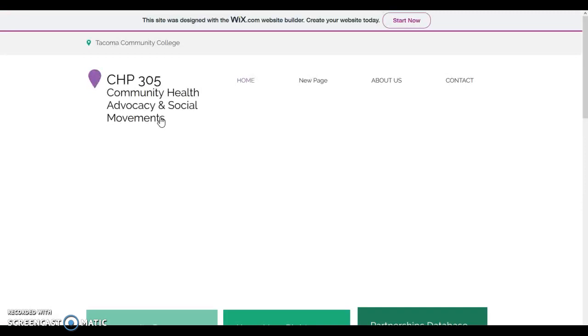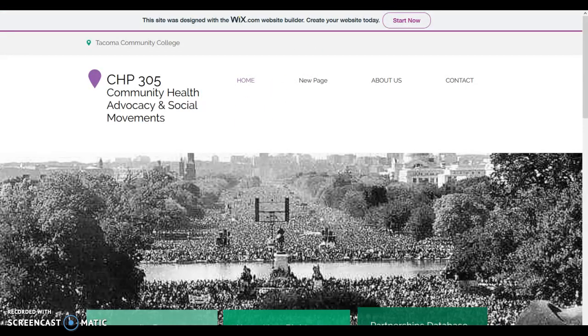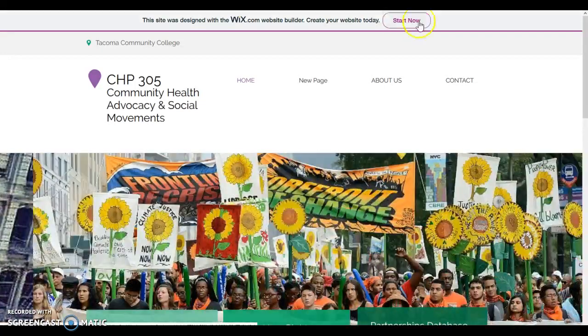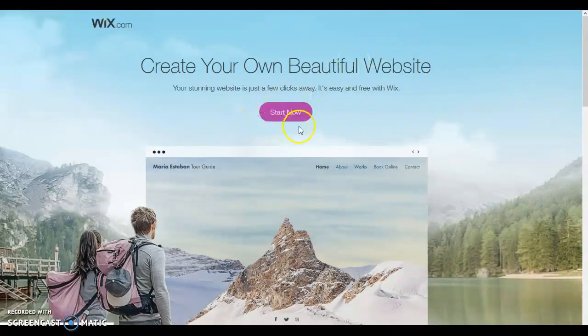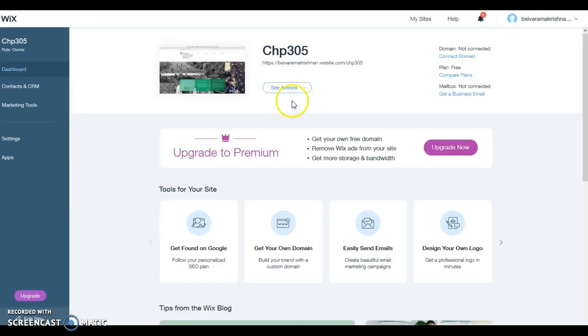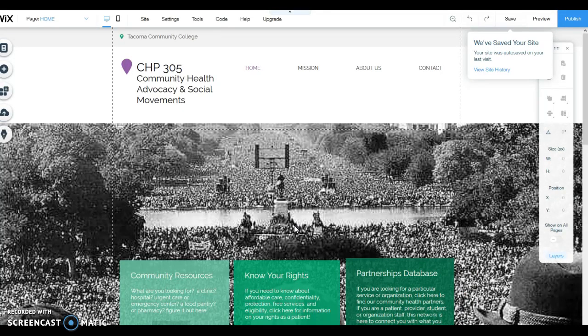So let's start with our websites. So we click the link, we're back to our original website. So we'll go to Start Now. And now we'll reach this page, Create Your Own Beautiful Website. Start Now. So when you get here, we'll go to Site Actions, Edit the Site. You'll see this small kind of graphic come and move around until your website page loads. Now you're at the editing